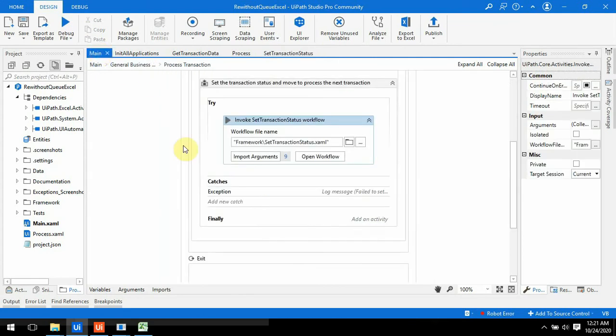So we can do that also, but for the time being, that's it for this RE Framework without Queue,